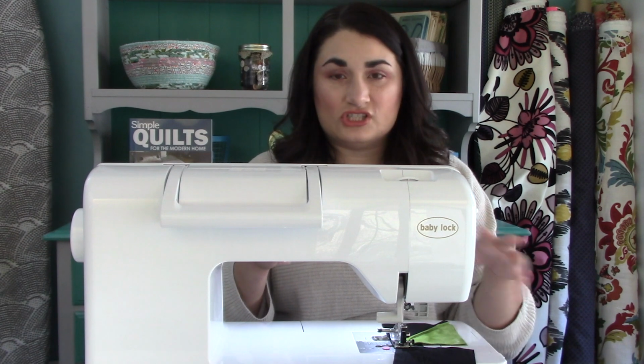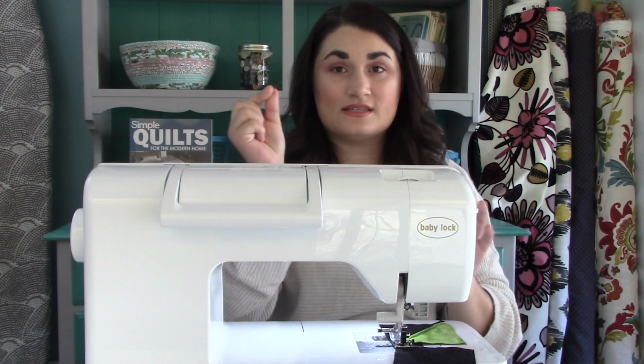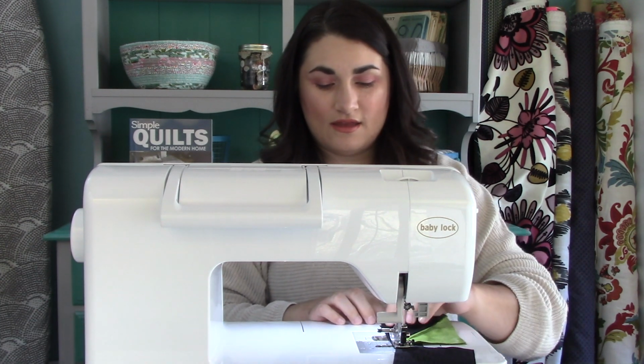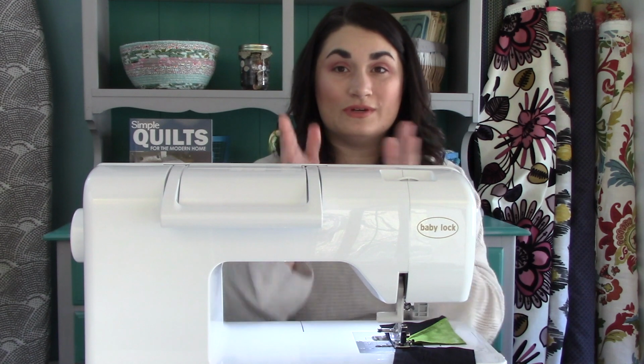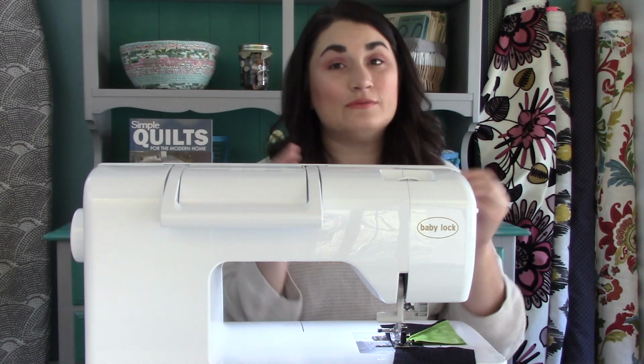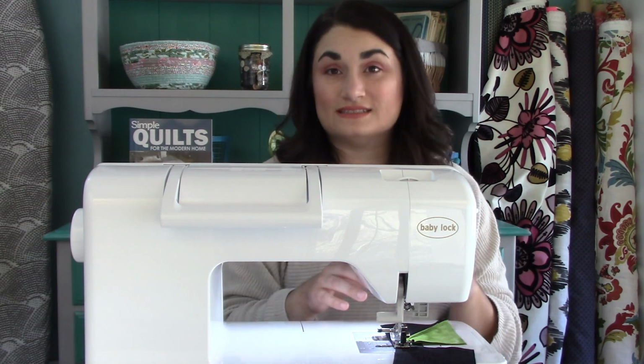It's like 3 or 4 stitches, and I stop with my needle down. That kind of acts like a pin to keep everything in place. So now I'm able to pull this pin out and pull it to the side. If you have a sewing machine foot that has like a flange on the side that prevents your pin from going on there, I would highly suggest investing in a 1/4 inch foot or a foot that doesn't have that,